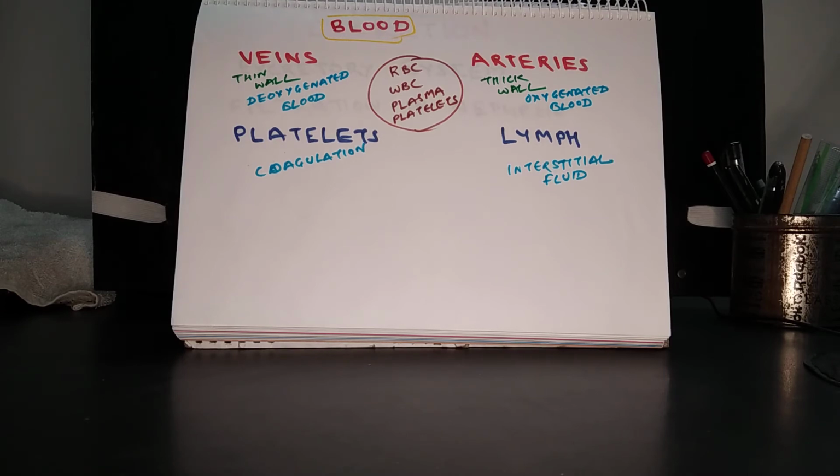WBCs are white blood corpuscles. They play an important role in immunity of the body. Platelets also play the role of defense mechanism, because in case there is a leakage in the circulation, for example you get a cut and the cut portion starts bleeding, what do platelets do? The platelets plug the gap and thus they stop bleeding. Thus they stop the excessive blood loss from the body.